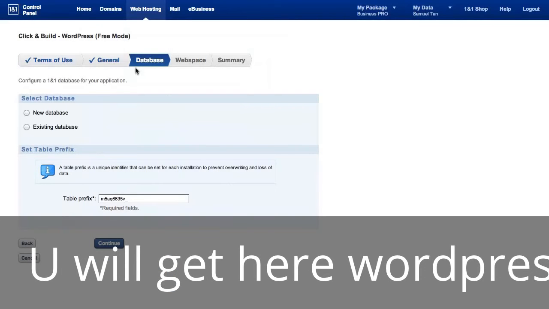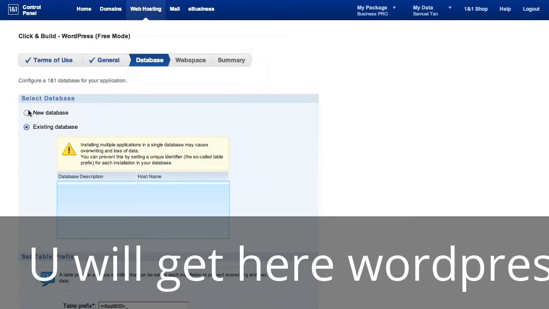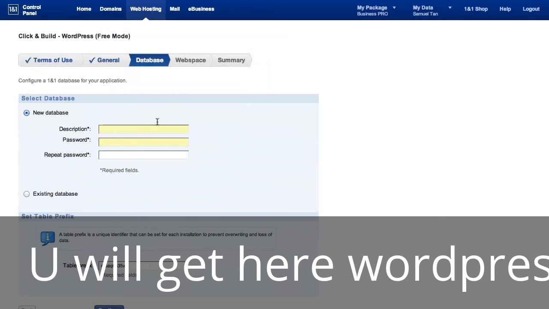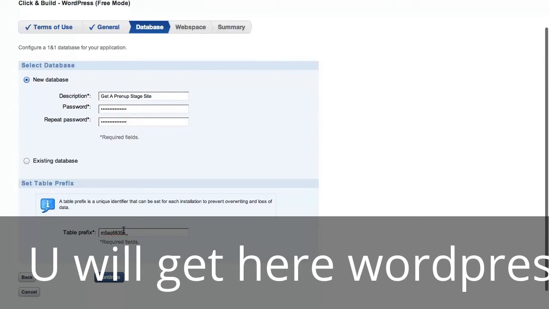Right. So now we're on the database option. So you can use an existing database, or you can just ask it to create a new database. So click on the new database because you don't want to be overwriting any of your existing databases if you have them. Leave the prefix alone, or if you want to be creative and just to be sure that now